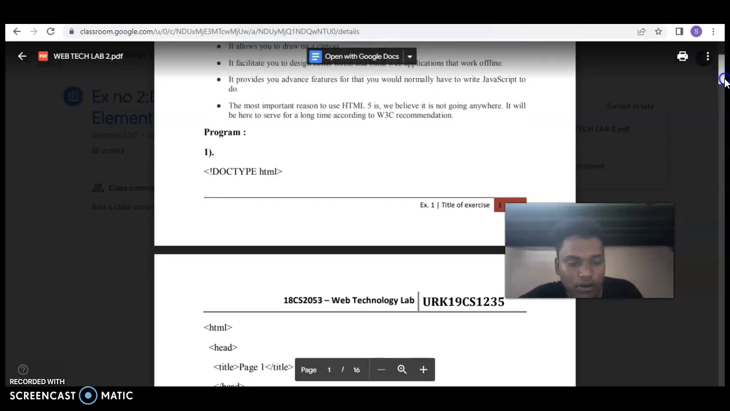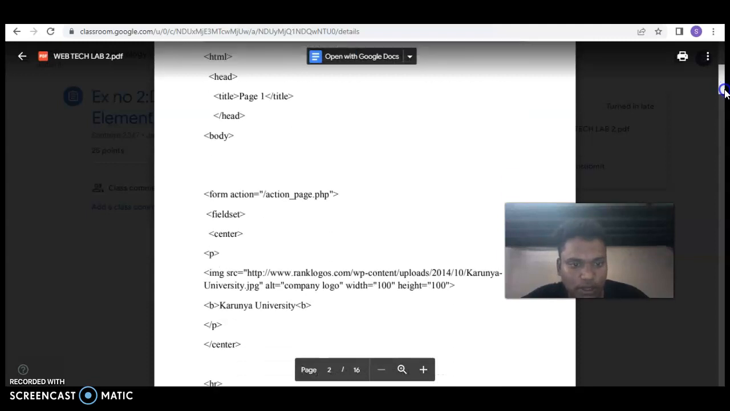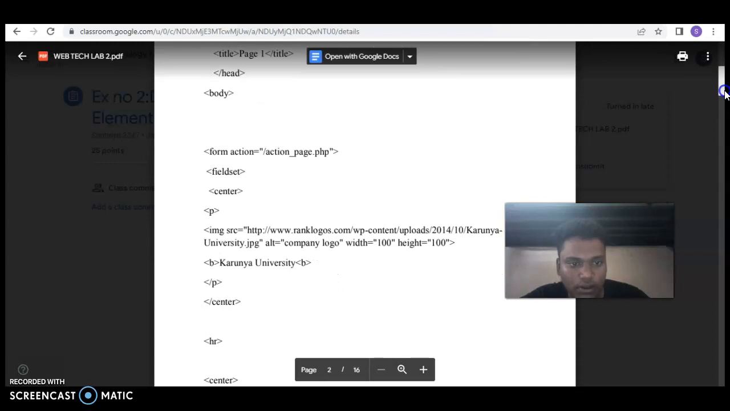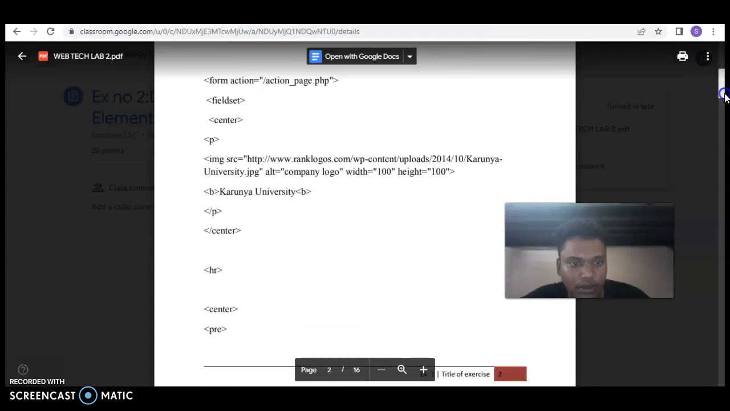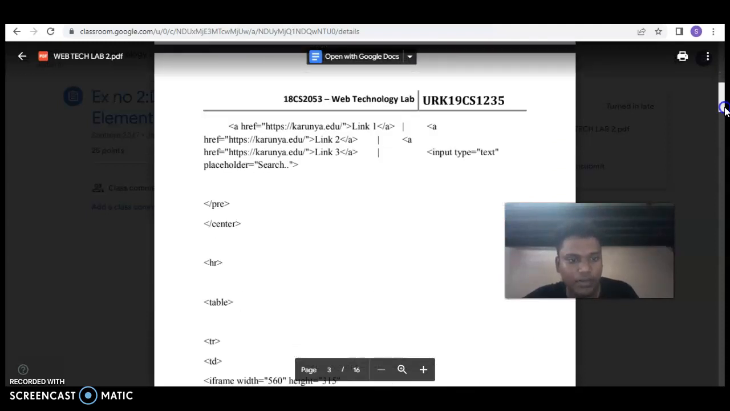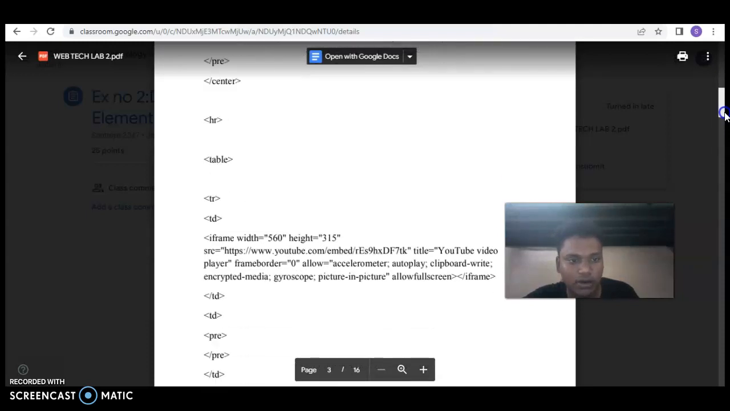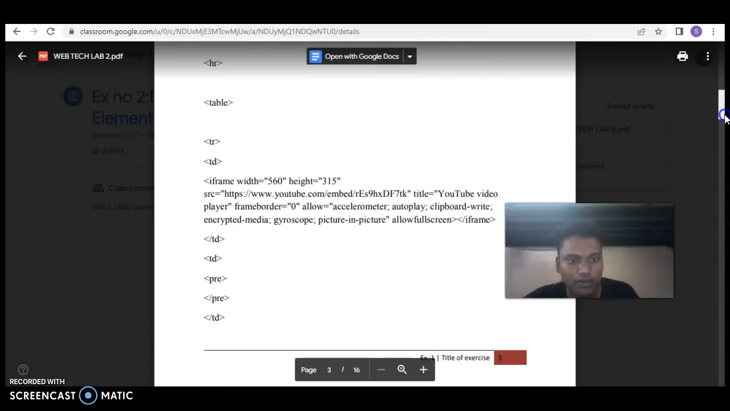Now the program is: doctype HTML, title page 1, body, form action page PHP, and fieldset, center, image src http, university, center, heading, and center, and link, and you have to put a placeholder search and heading, table TR TD, iframe with width 560 height 315 and